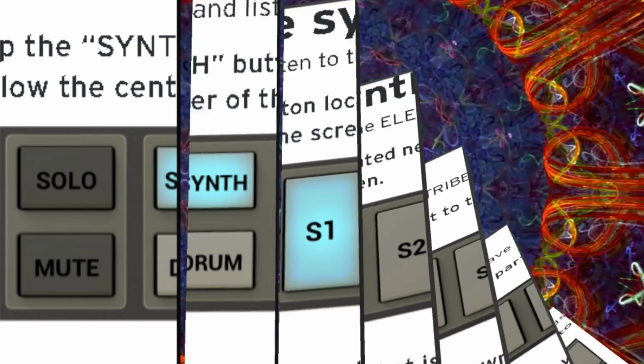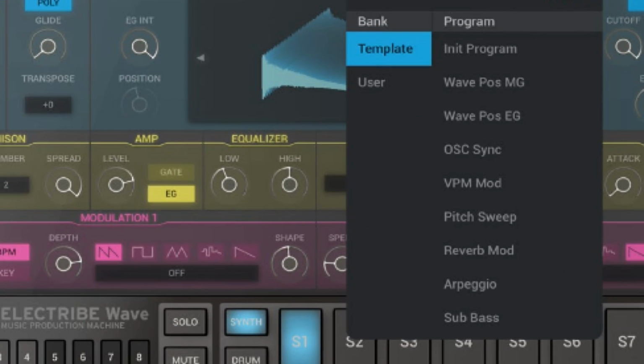These part buttons and numbers match the left side of the mixer page. Let us say you want to edit channel 1, you then press S1, go to the mixer page by tapping the Mixer tab and make sure the corresponding mixer channel is not muted or turned down. Then go back to the Sound tab and tap the Program button above. This opens a black drop-down menu that has a handful of synth presets and also an empty user bank you